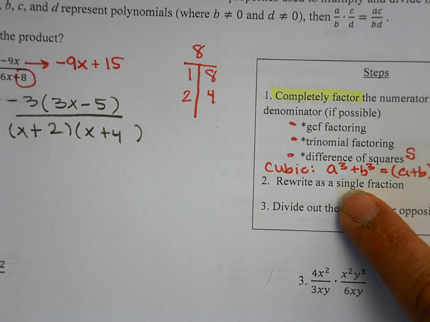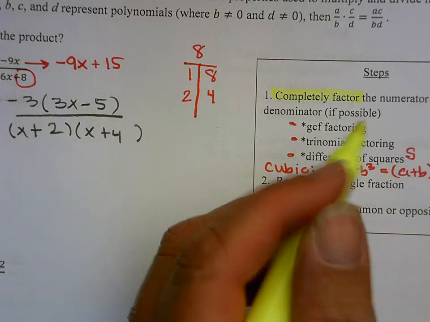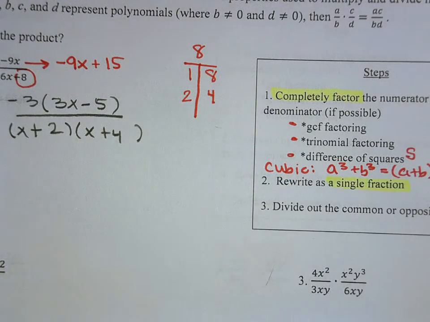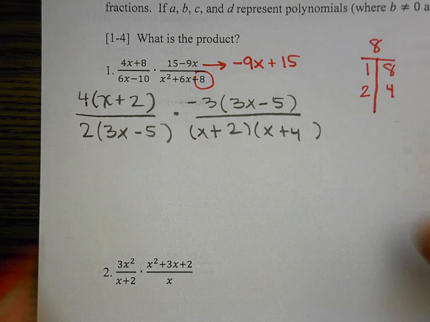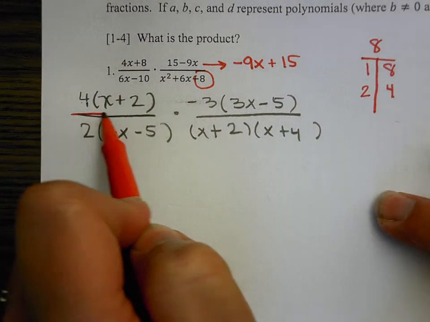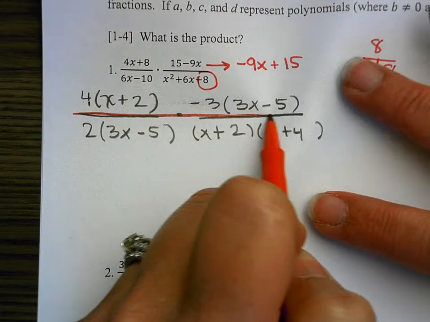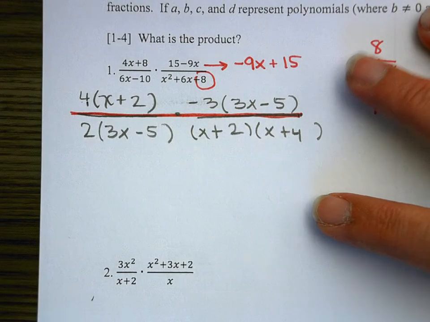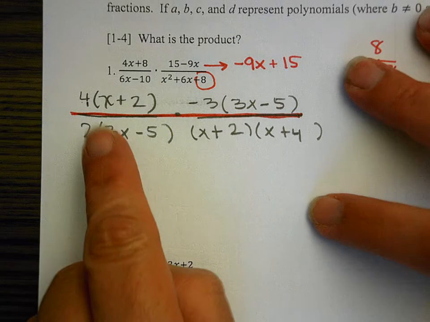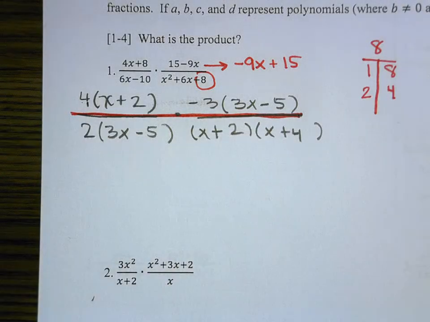Because we're multiplying, we can rewrite it and put it as a single fraction. It doesn't mean I'm actually going to do a rewrite. The way I think of it is as one common fraction, so I'm going to just put a giant fraction bar here. I could rewrite this if I wanted to, but I need to think of this as one giant fraction,